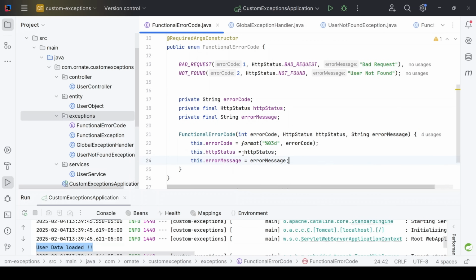And why I created the constructor is because I want to format what my error code would look like. I just don't want to return 1, 2, 3. I want to make sure I'm converting this into, for example, let me just add a comment here. So I'm doing something like convert, say, error code 1, I want to convert it to, say,